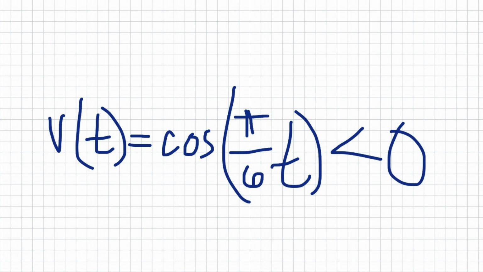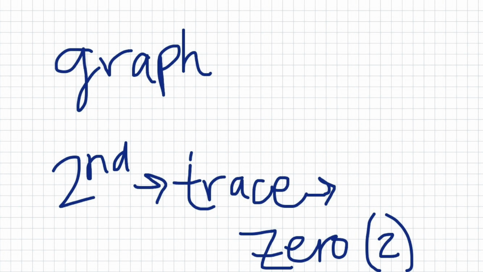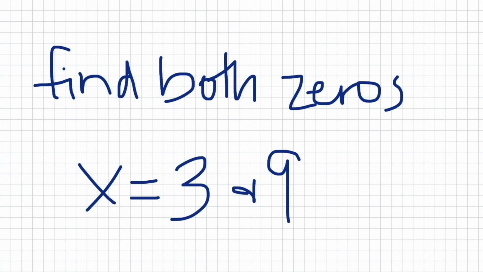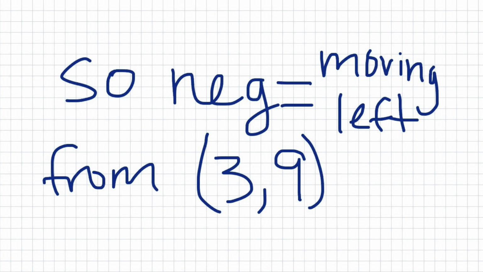So the equation will be velocity equals cosine of pi over 6 t, less than 0. To find the solutions to this equation, we can graph it on our calculators and then use the second trace, zero button to find both zeros. And then we find that there's a zero at 3 and a zero at 9. Looking at the graph, we see that, therefore, from 3 to 9, the velocity is negative, which means that the